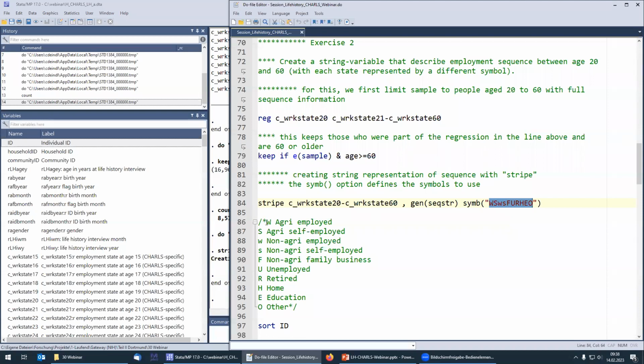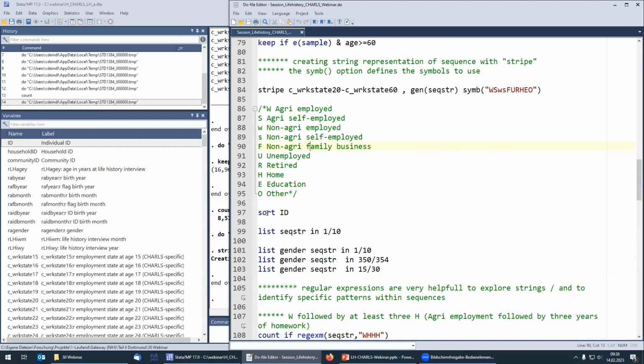A large W for being employed in agricultural work, a large S for being self-employed, a small w for employed in non-agricultural work, a small s for self-employed, F for family business, a U for unemployed, and so on. I have 10 states and I have 10 letters. Then I will sort the data